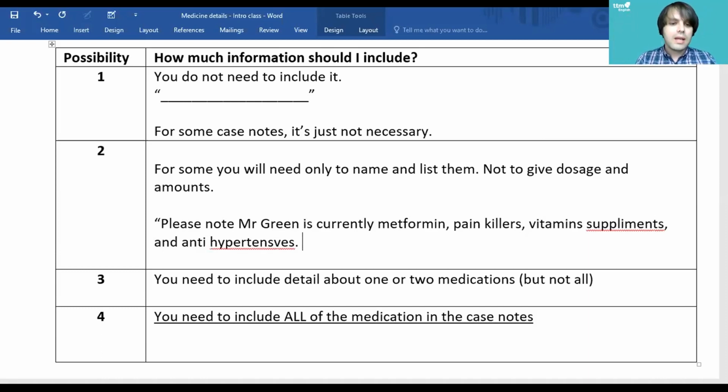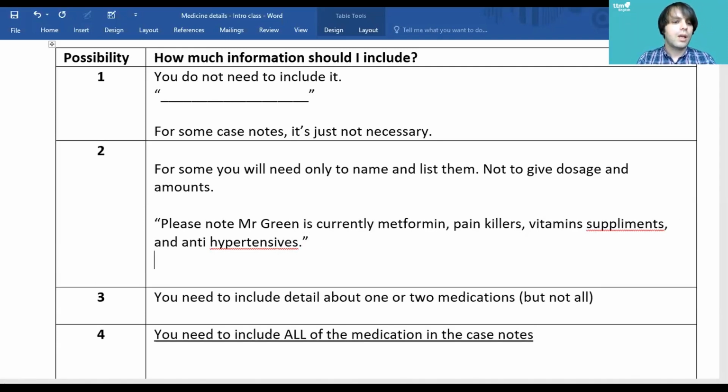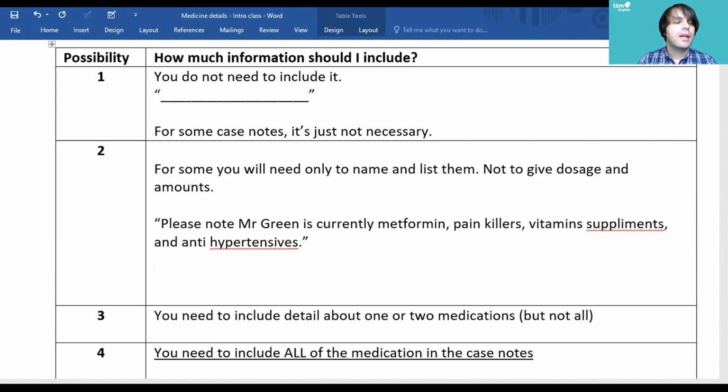Antihypertensives. Okay. Now, in this example, am I putting in dosages? Am I putting in amounts? No, right? For antihypertensives, we need dosage. This is what I'm saying. It depends. It's all a possibility. If you're writing to someone who is not giving them the medication, then why are you going to give them the dosage? Yes. If you're writing the letter to someone who is going to continue care, you need to include